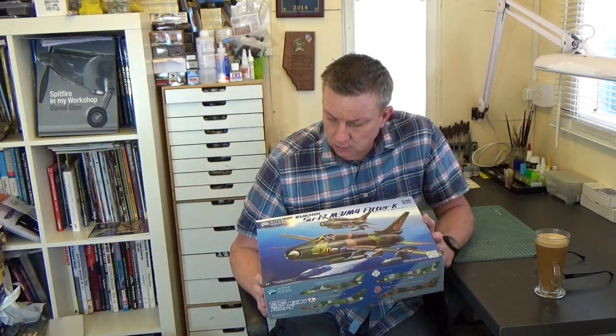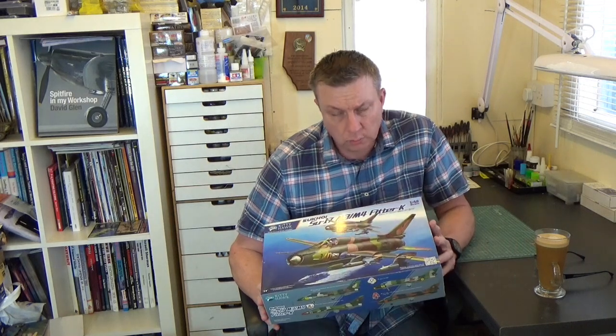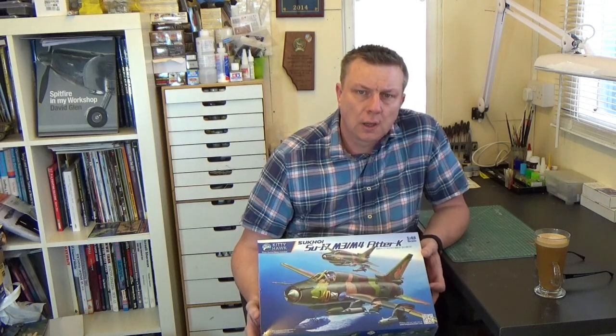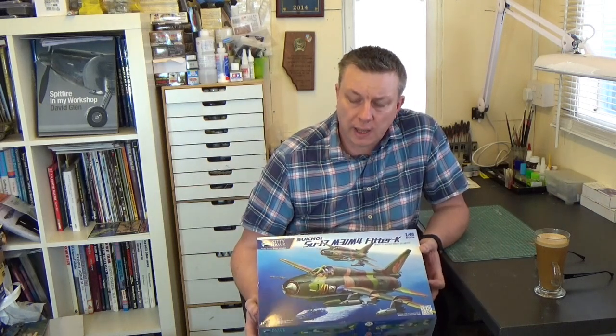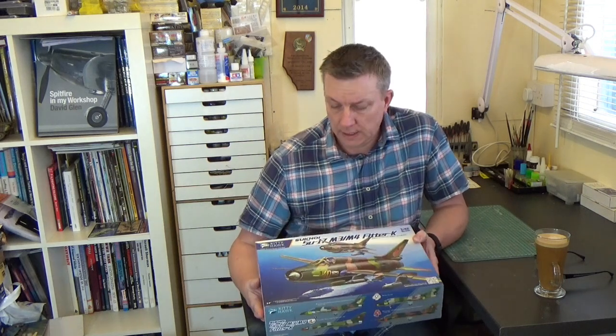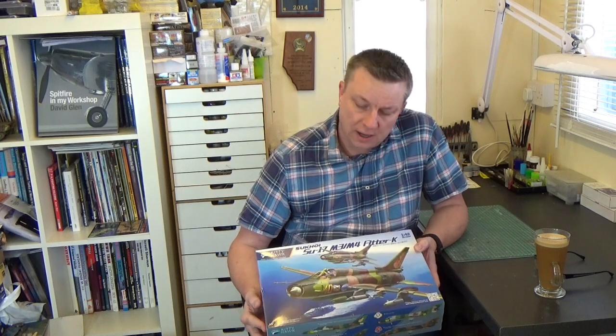This is Kitty Hawk's Su-17M3, or more pithily, the Fitter. This has been supplied to us by my good friend Andrew Hills from Antiques Model Shop in the UK. He's offered to let us have a look at one of these and build it for MAI. So I'd like to thank him before I start, and hope that we can do it some justice over the